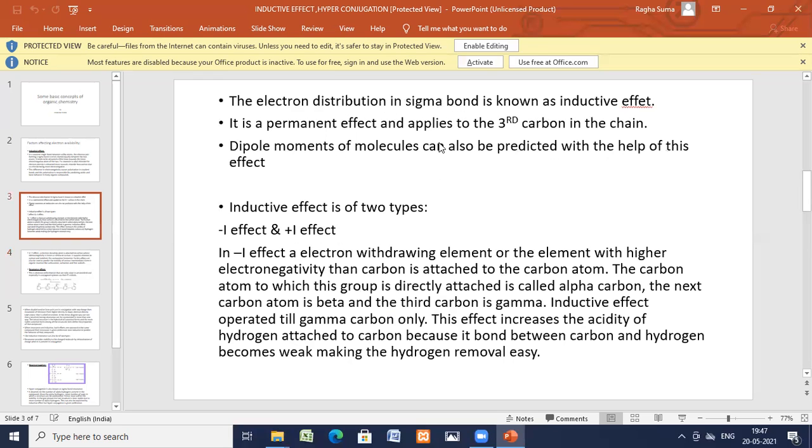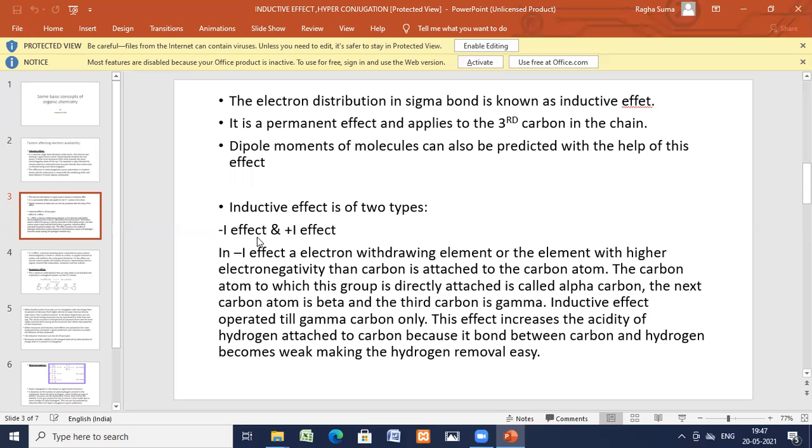I'm giving you examples of minus I groups. The nitro group, cyanide group, COOH group, fluorine atom, chlorine atom, bromine atom,